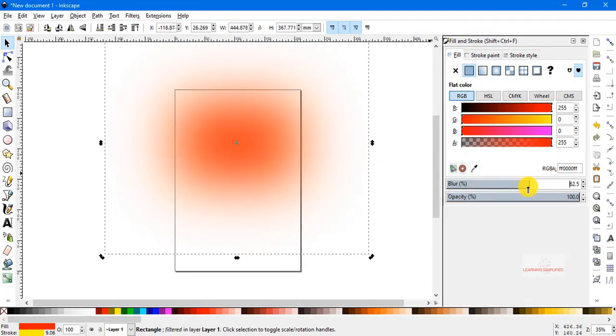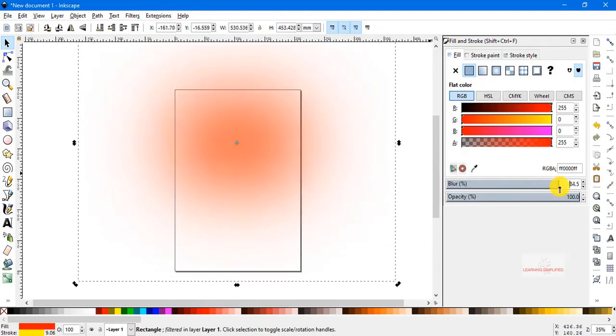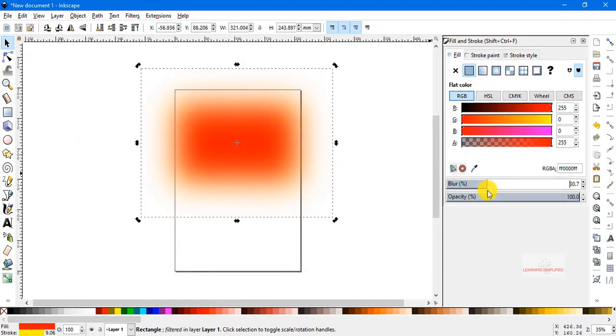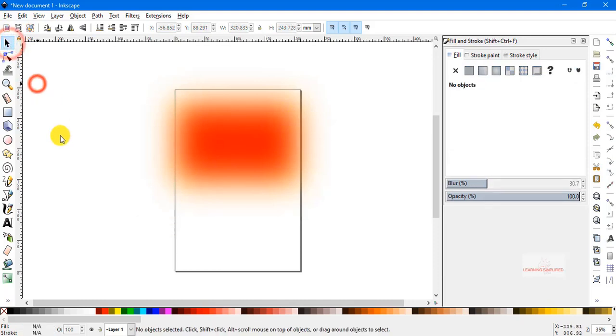So if we increase the blur, we can see that the object is getting blurred. In this segment, we may set the opacity level. As I had told you previously, we are able to change the opacity level of a definite element in our project. So if we wish to change the opacity level of an element, first of all, let's have